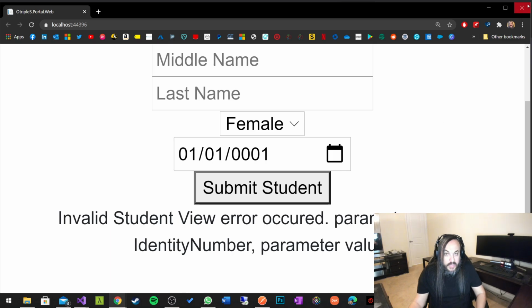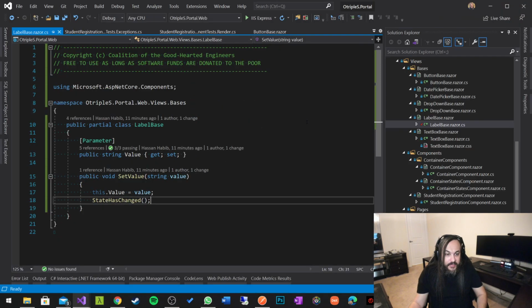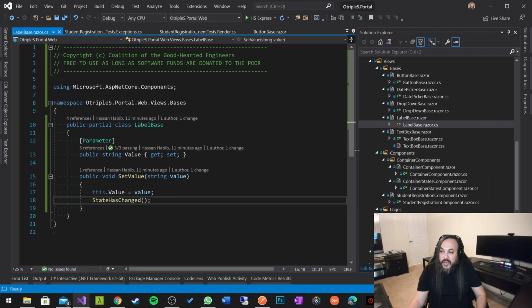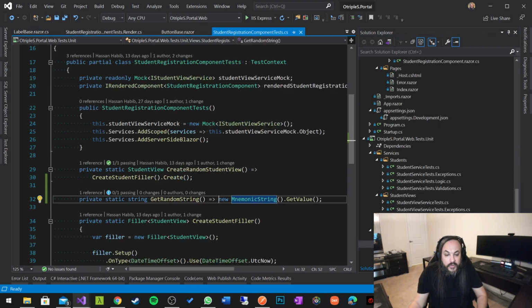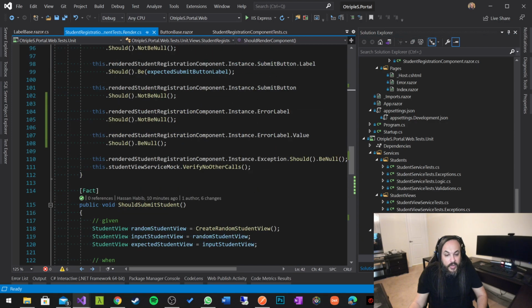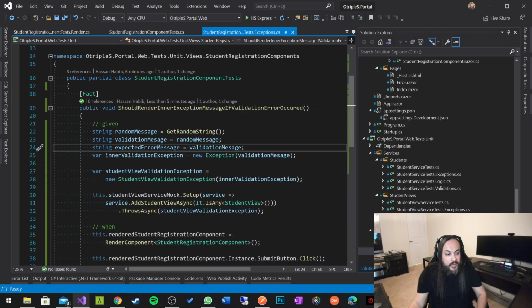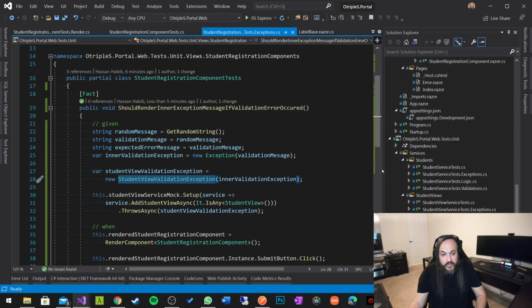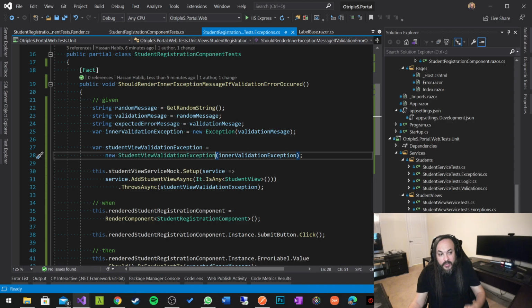All right, that's perfect. Let's go and test the other exception, which is a dependency exception. A dependency exception is very important. This is when you go and say, oh, you have a bad request or you can't communicate with the database. This is a good time for us to go and create something. So in our exception here, we're handling student view validation exception, right? But there's also student view dependency validation exception, where we want to treat it exactly the same as the student view